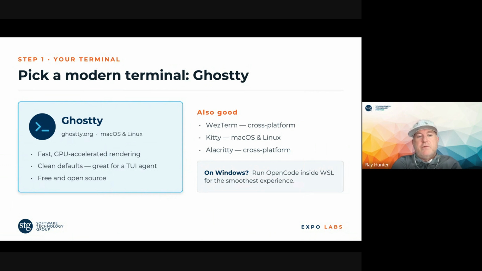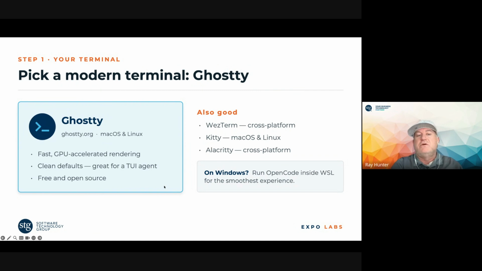But the one thing I really like about Ghosty is it does do some GPU acceleration. It handles a lot of the UI for you. In my opinion, just a great terminal. As I mentioned, you're more than welcome to test out some other ones and see. I know there are some other terminals that are AI influenced, where they leverage AI inside the actual terminal.